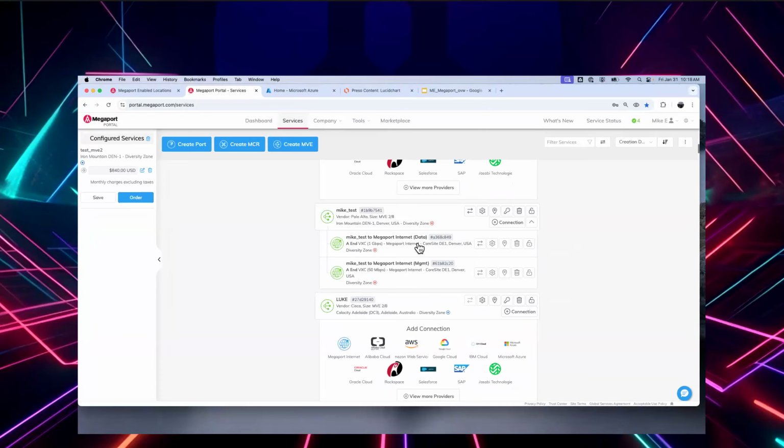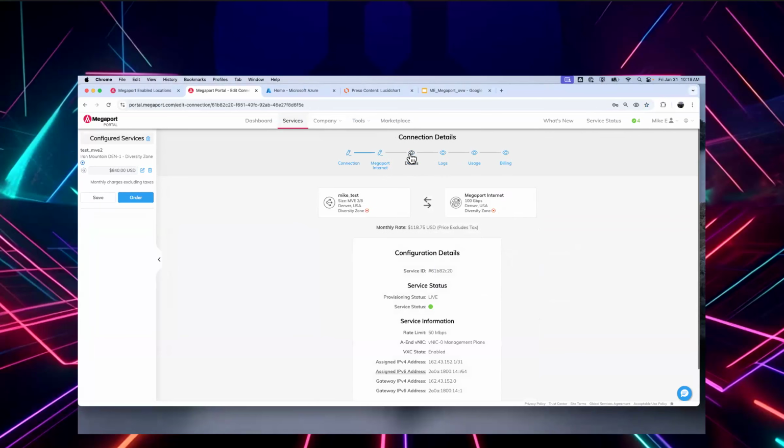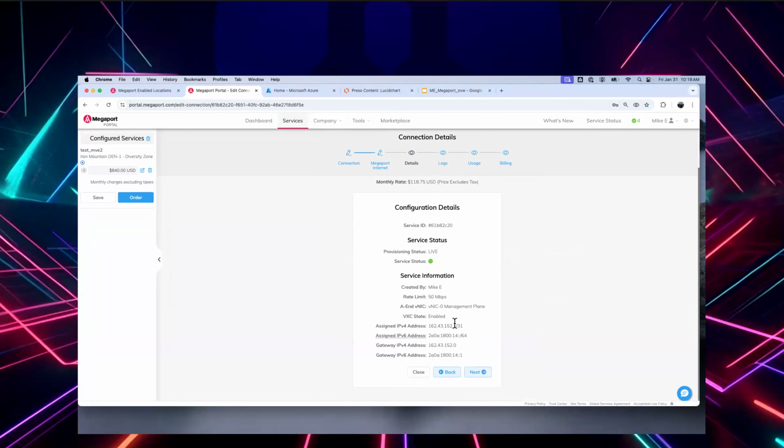And the other one is the data, which is again the branch office connectivity. And so I have a 1 gig VXC for my branch offices and a very small 50 meg for my management interface. Once I've added that, I actually come in here and I go to this IP, and this allows me to get into that box via SSH.